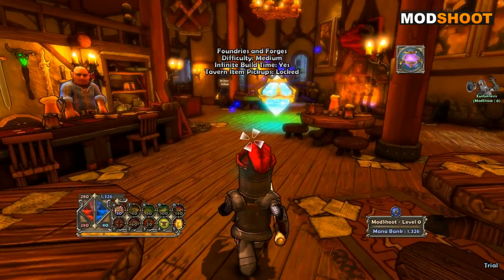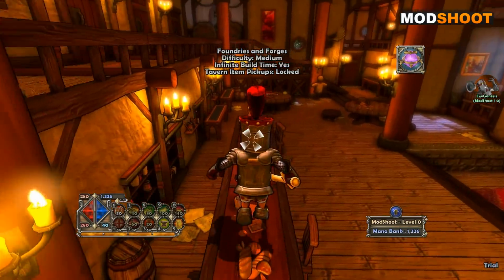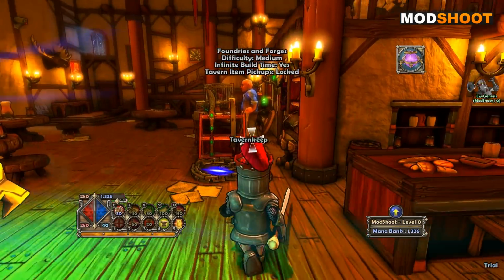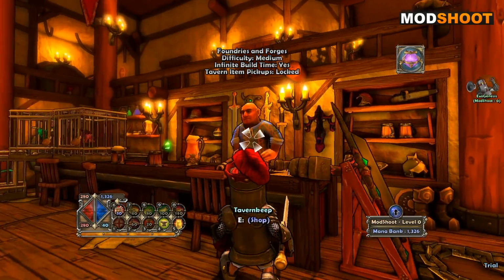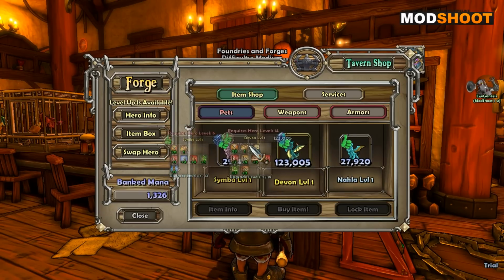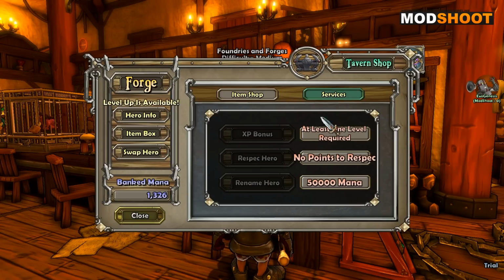The hub world is basically a tavern. And you can jump around this tavern, walk around this tavern, look around this tavern, and you can interact with other characters. You can go to the shop, which is this guy, and this guy will sell you new items like weapons and armors, and even services, but I don't know what these are. But yeah, rename hero. It's simple stuff,